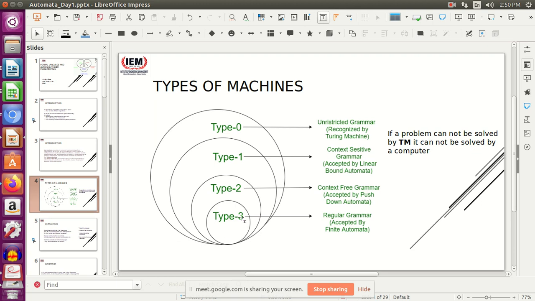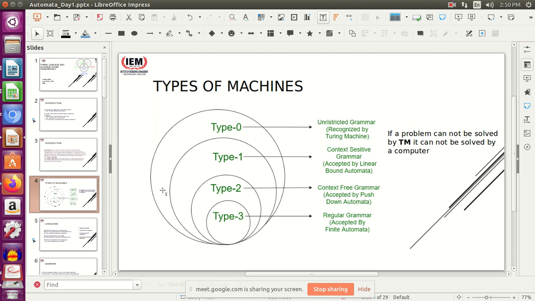So we had the most unrestricted grammar, that is type 0 grammar. Then a bit more restricted grammar, the context sensitive grammar. Then context free grammar, and then regular grammar.